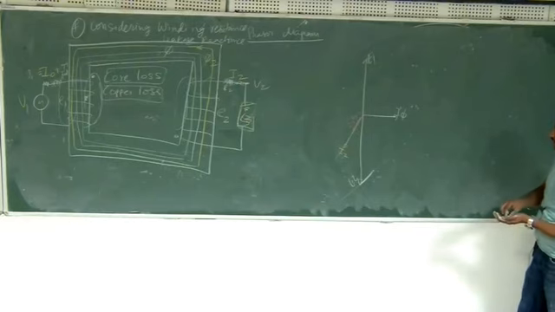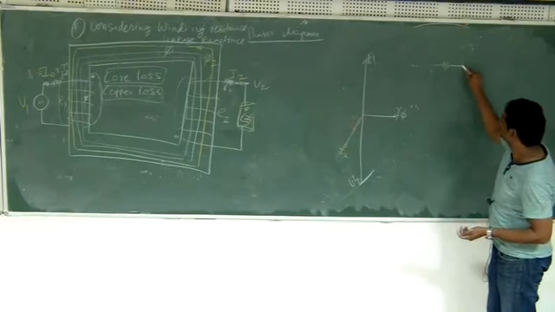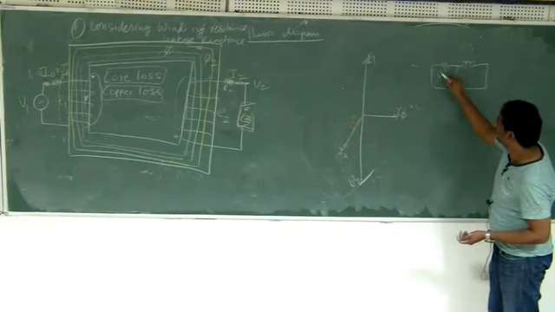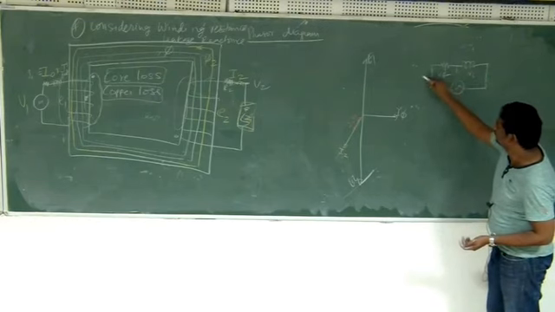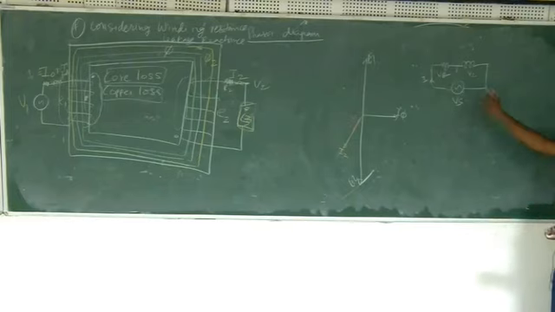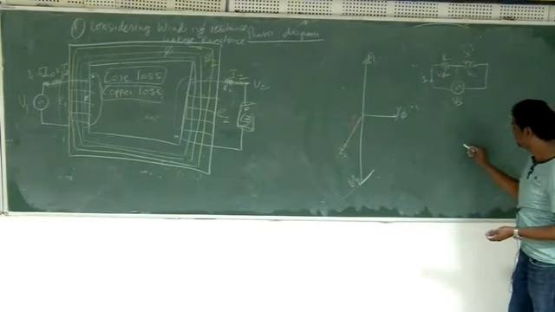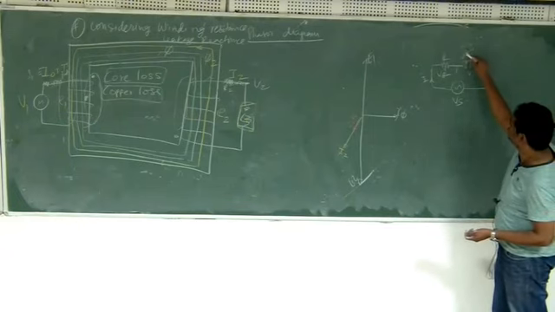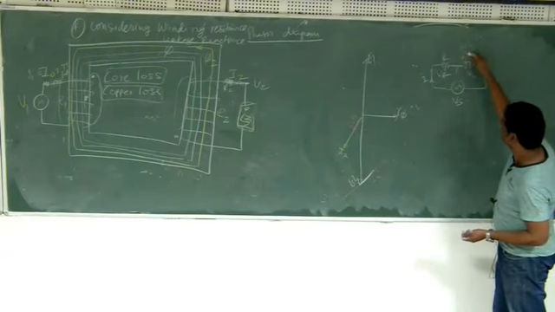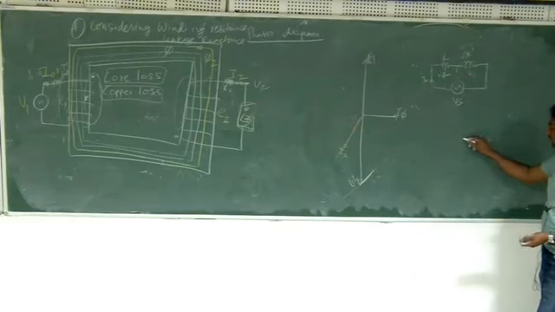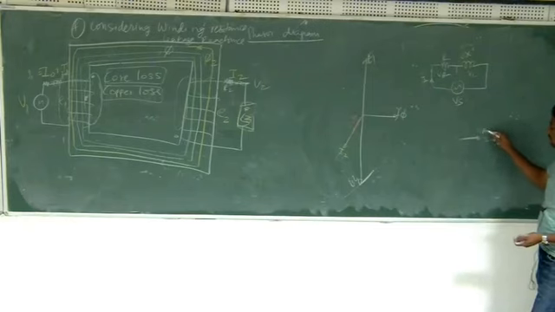Just to verify that, consider the simple circuit. So this is VR, this is VL, and this is I, and this is V supply. So this is a simple circuit. This is R and this is X. So how will you draw the drops here? See, this is jX, right? If you take I as a reference, then I into R will be like this, VR.